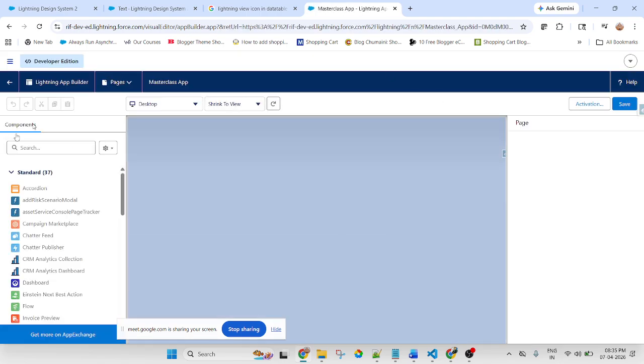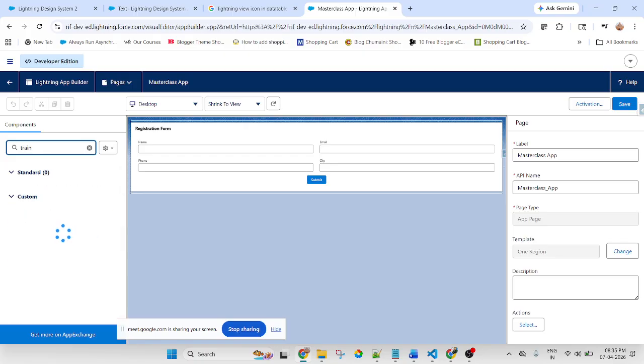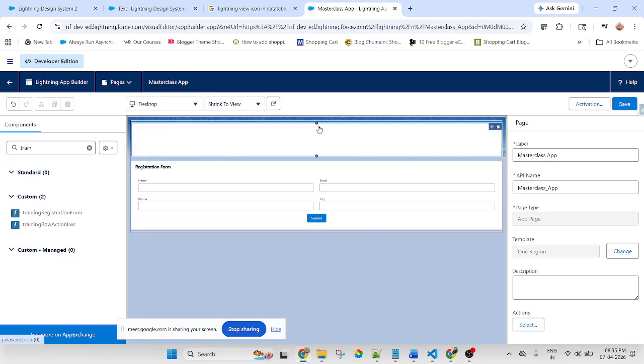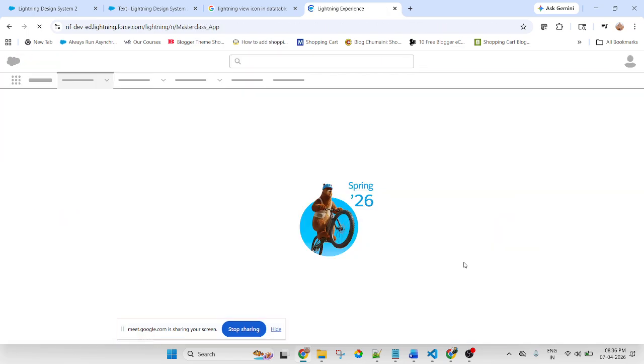Then search your component name, Training. This is my component name, Training Row Action. Simply select and drag and drop here. Save. Activate and back.